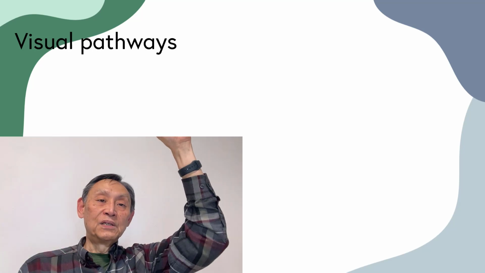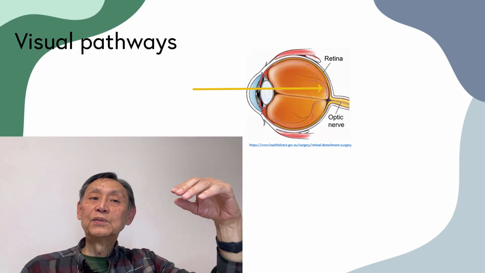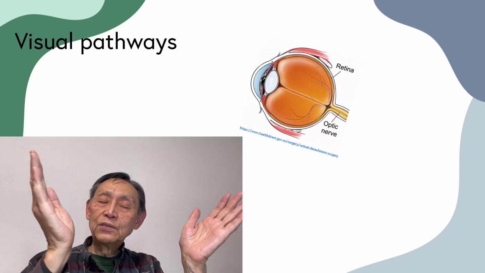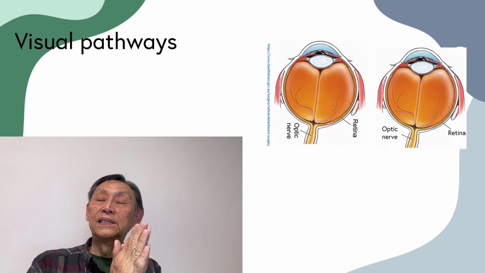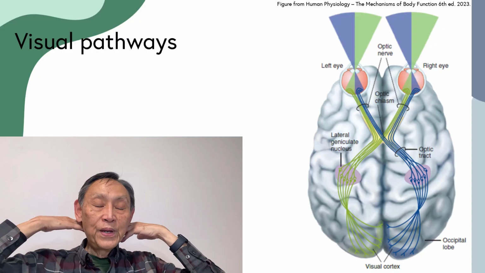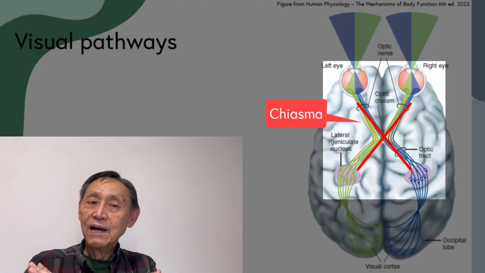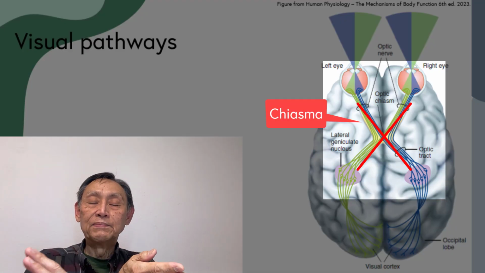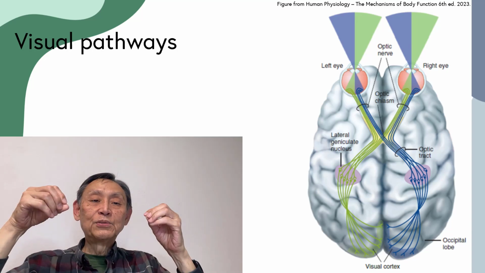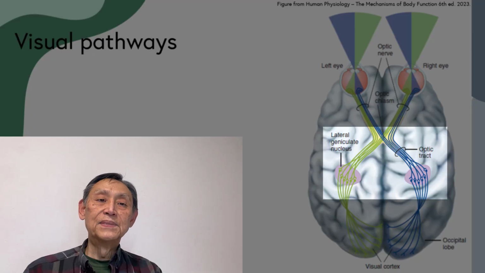The stimulus of light goes all the way and hits the retina, the rod and cone cells. Then the information is transmitted to bipolar cells and to ganglion cells. Then all the axons of the ganglion cells form the optic nerve. These optic nerves go through the base of our brain, and some of them cross to the other side of the brain, at the optic chiasma. Some will stay. Once they get into the brain, we call it the optic tract, and they make one relay, one stop, in the thalamus first.